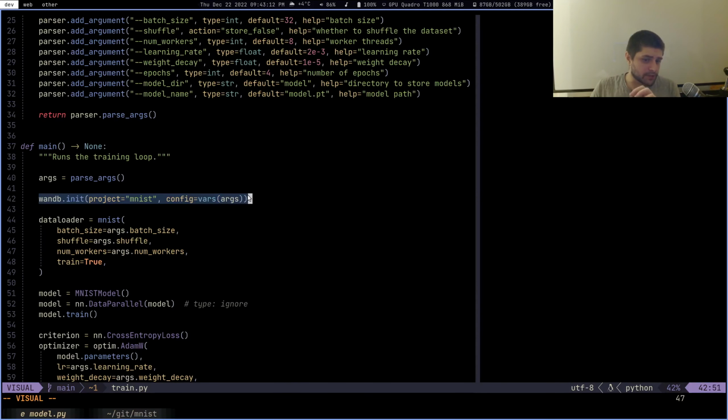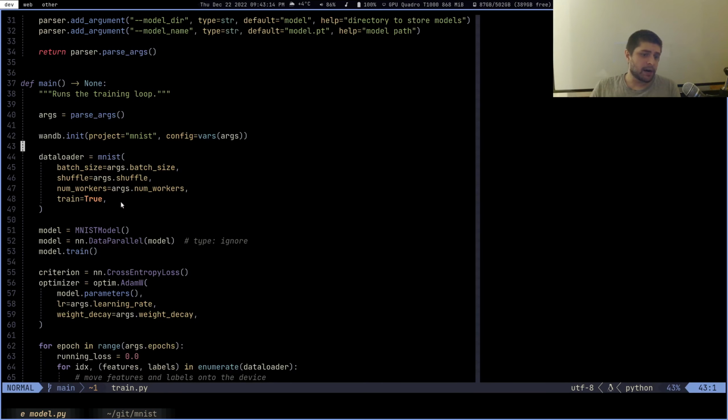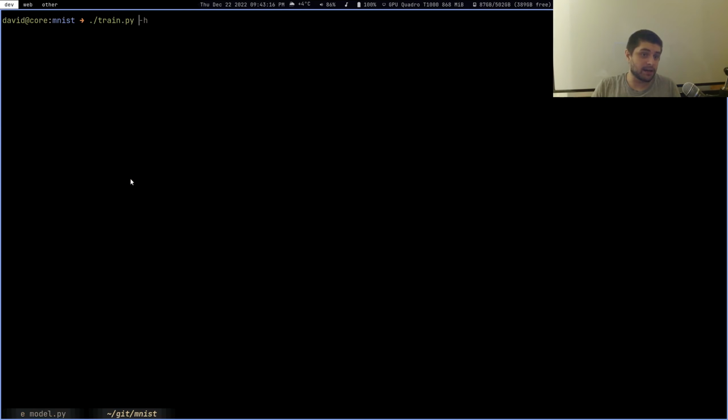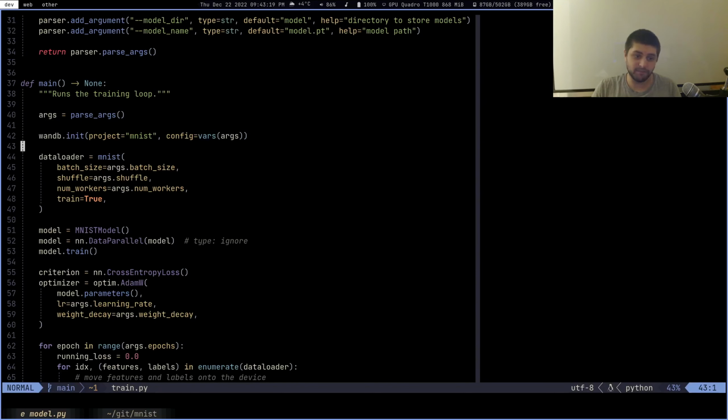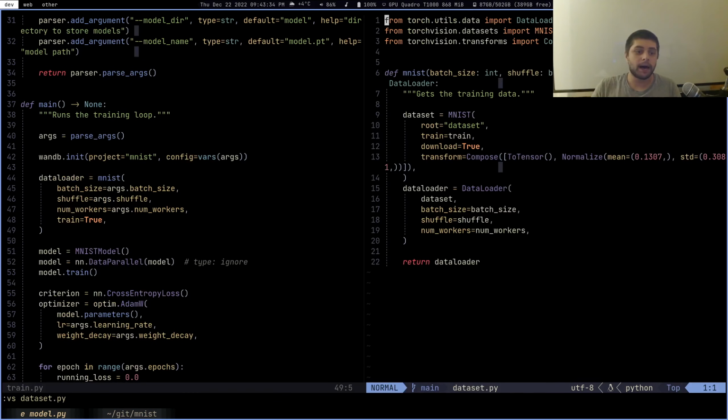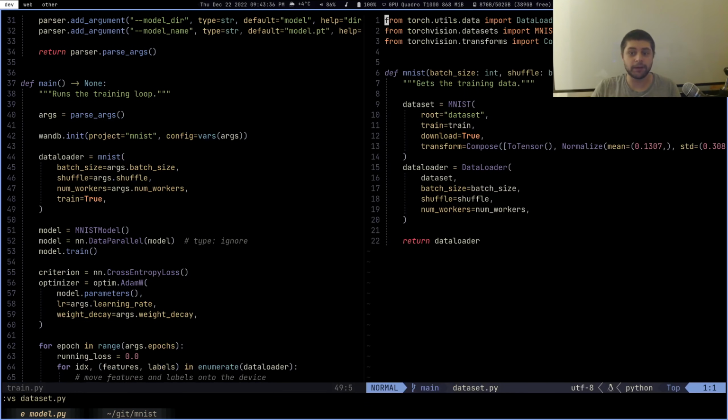So we need to do this. We need to initialize. Once you log in to the CLI environment here, or using this TUI, the terminal user interface, then you're going to be able to initialize the WandB. Next, we define the data loader, and you see that it's just MNIST. The reason for that is because MNIST is actually built into PyTorch, and I made use of that fact. Basically, I define a function, and I pull this data set straight from the